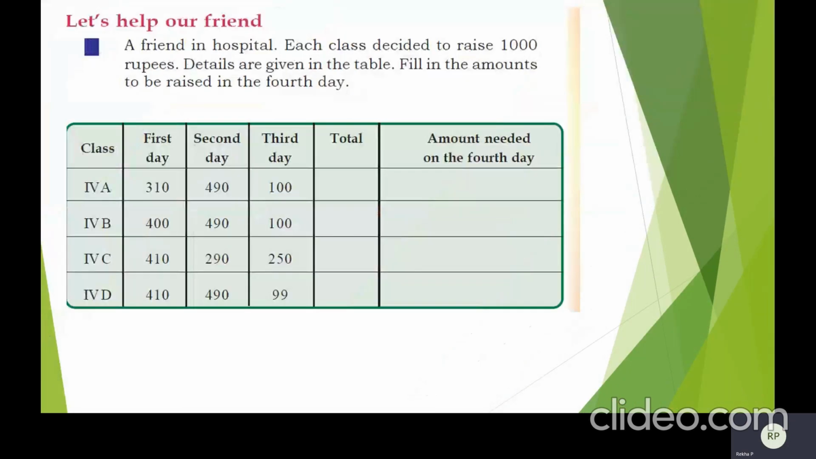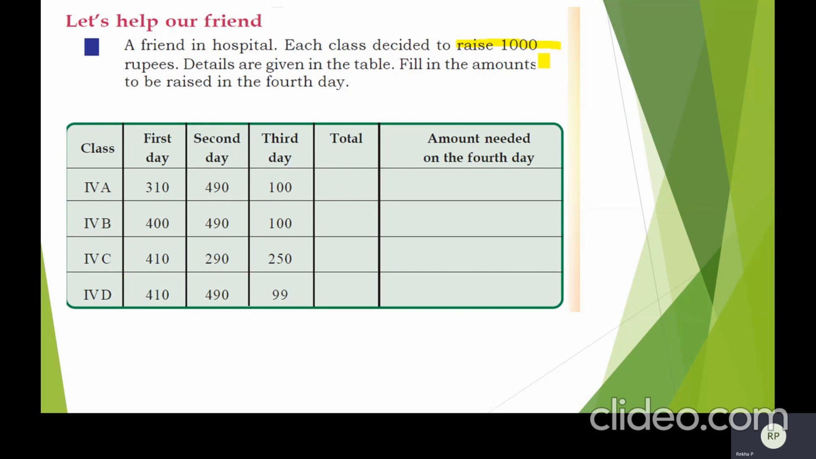So now let's discuss the next question. The next question is, a friend is in hospital and each class decided to raise 1000 rupees. Okay, and details are given in the table. So you have class 4, these many divisions are there. You decided to raise 1000 rupees and you have to fill in the amount to be raised on the 4th day